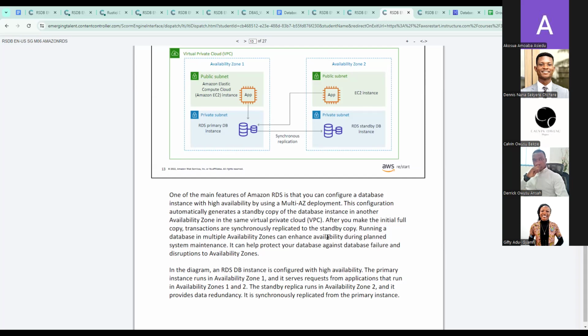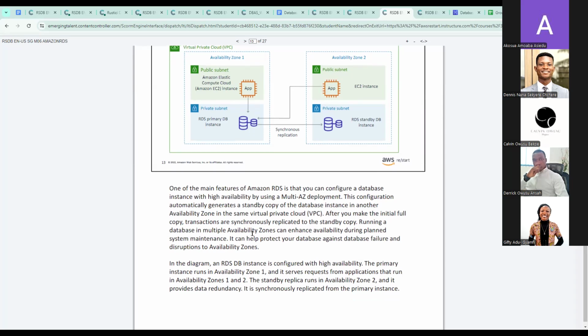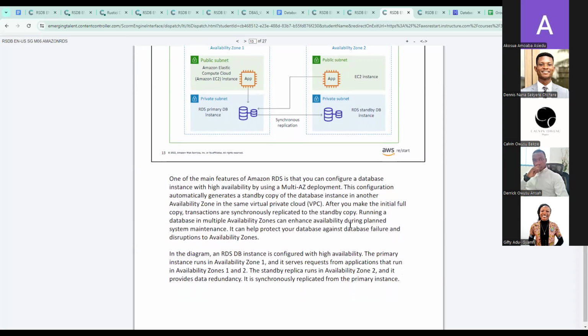After you make an initial full copy, transactions are synchronously replicated to the standby copy. So the full copy of the initial DB instance that you had is first populated in the standby. Then any changes that are made to the main instance are also replicated synchronously, so at the same time. And this helps to enhance your availability